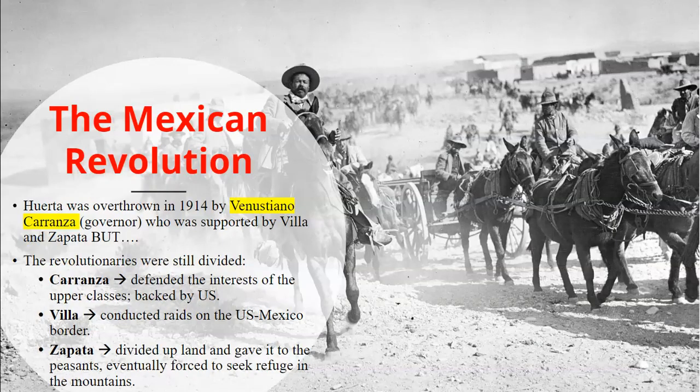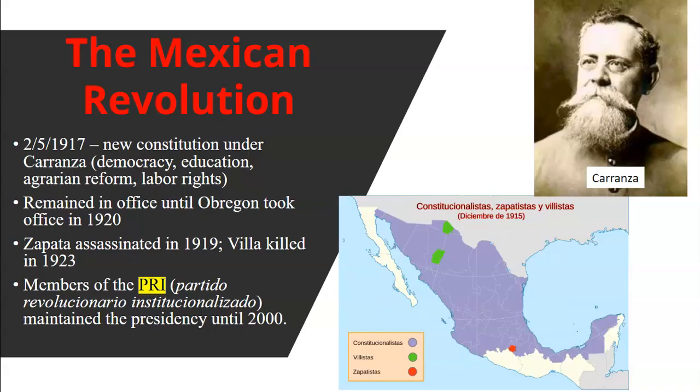So we're going to end up with all these revolutionaries not quite agreeing. You got Carranza, you have Villa, you have Zapata. Just a little note here, they end up with a civil war in 1914 to 1915. So there's a constitutional faction led by Venustiano Carranza, and they win out. So Carranza is the one that's going to win. He defeats the other revolutionaries. And remember that Zapata guy I told you to keep a note of? He's actually assassinated in 1919 by agents of President Carranza. Sorry.